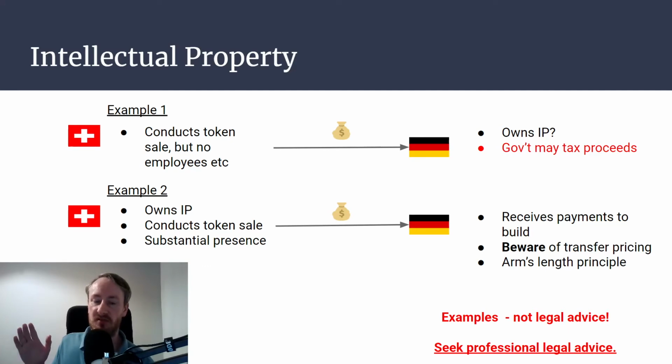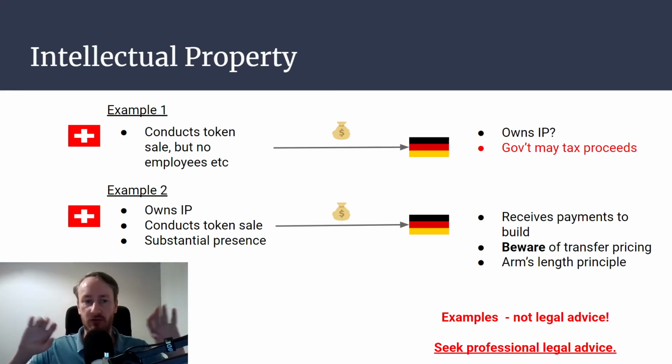Whenever you're going to be sending payments from, say, the Swiss to the German entity, you also have to be aware of the cost at which the services are charged, and this is the transfer pricing that I mentioned on the slides. Basically, the way that you should price the service is as if the two companies don't know each other and they're completely separate owners, etc. And therefore the price that they would naturally agree upon would be some sort of market rate. That's this idea of arm's length. Again, worth getting some advice on that.